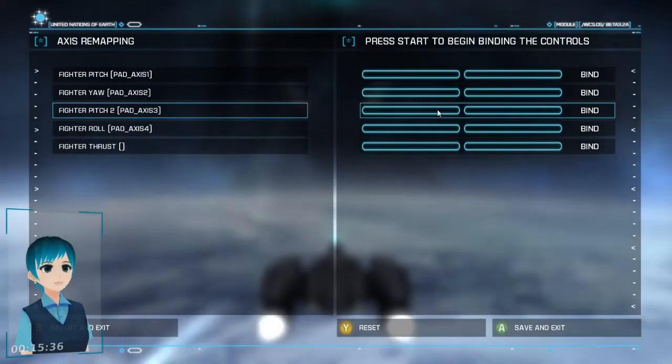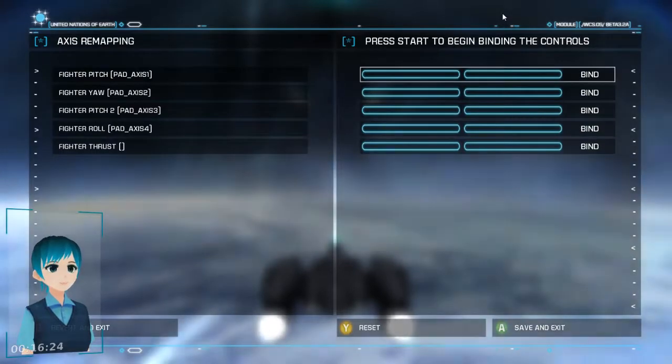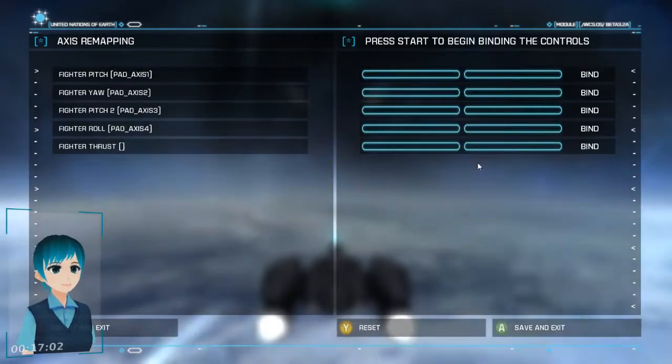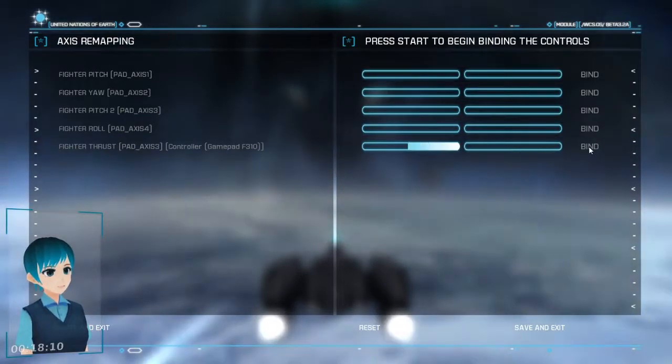this. Press start to begin binding controls. Let's see what happens when I press start. Okay, that doesn't appear to... What's happening now? All the buttons are missing. Okay, that's also intuitive because A is usually used to select stuff, and it just saves an exit. I press start to go into bind mode,